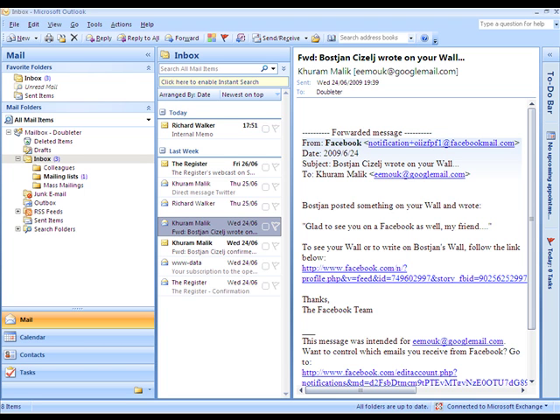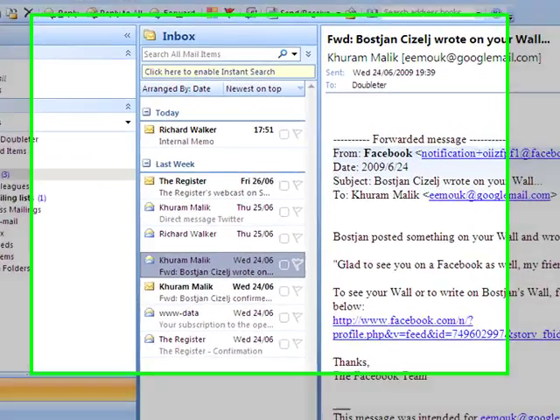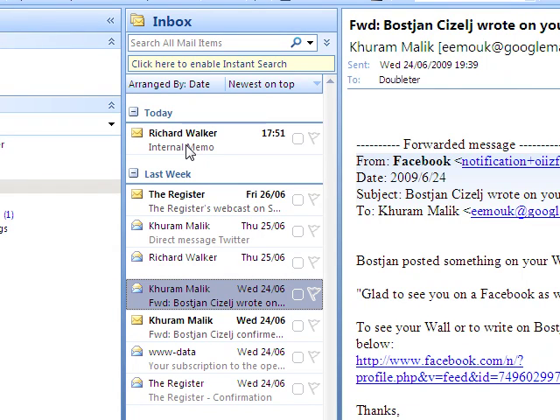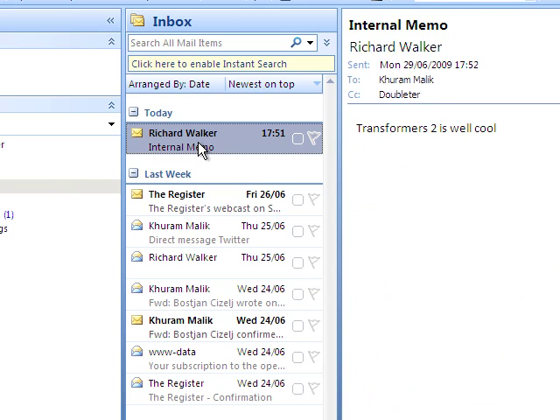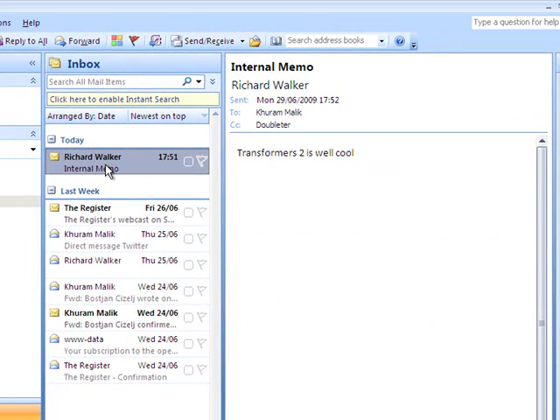So one of the biggest complaints or hindrances people have with getting their inbox down to zero and keeping the junk out is that, especially in the workplace, you get a lot of emails like this called internal memo, or emails that purport to be that, which are not necessarily relevant to you. Unfortunately, that email does land in your inbox, and you've got to find a way of getting that filtered out. Otherwise, you still have to spend time processing it.